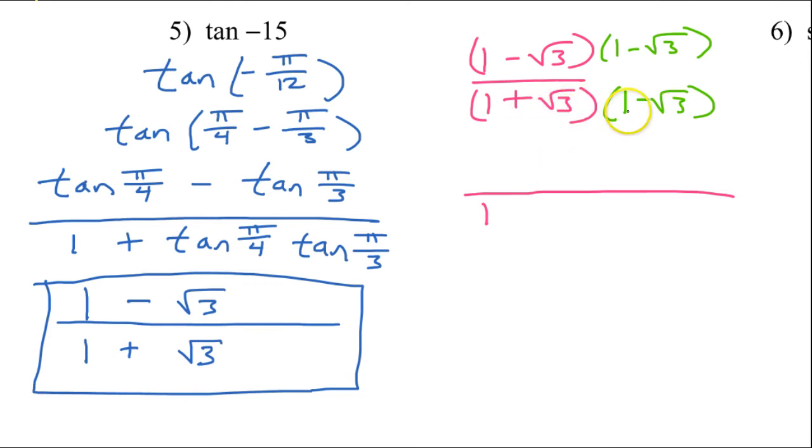Positive radical 3 times negative radical 3 is going to be negative 3. Radical 3 times radical 3 is 3. So I've just got 1 minus 3. Now up here,